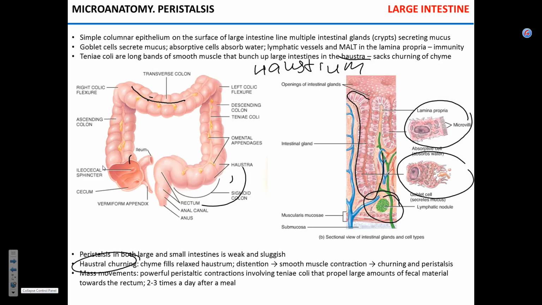We figured out the structures of the large intestine. Yes. Yeah, right here. Taeniae coli. Because some people go once every 2 days, and then others go every 3 days. Yeah. So is that based on